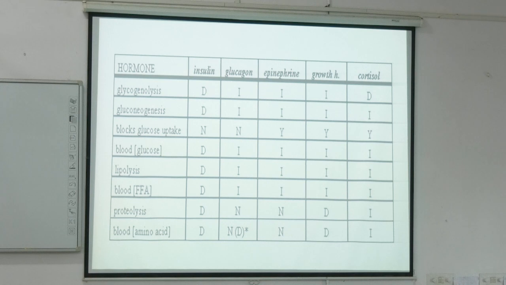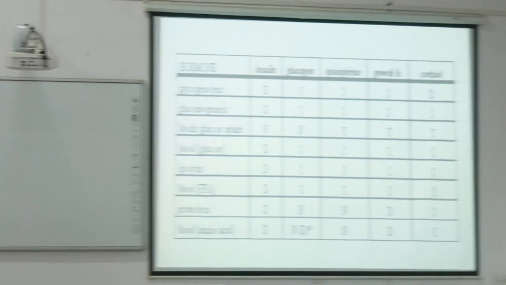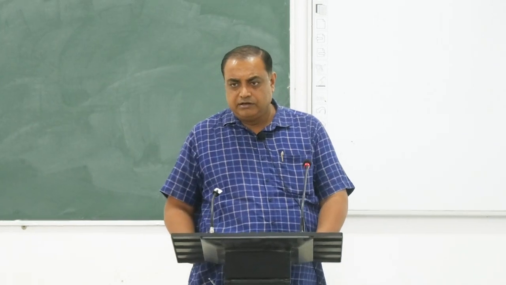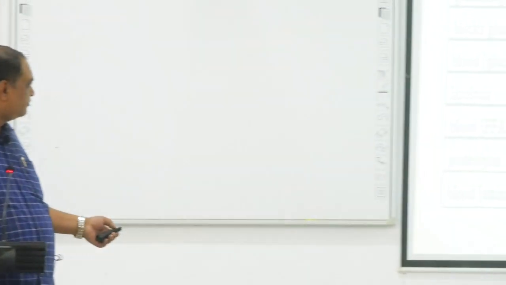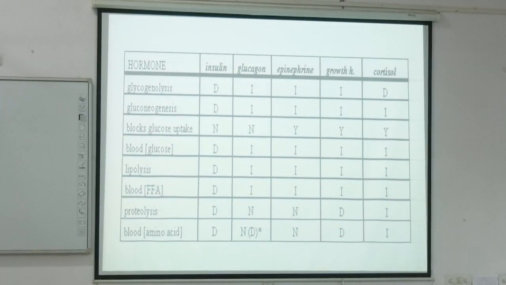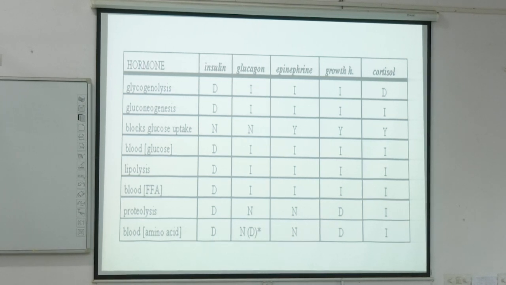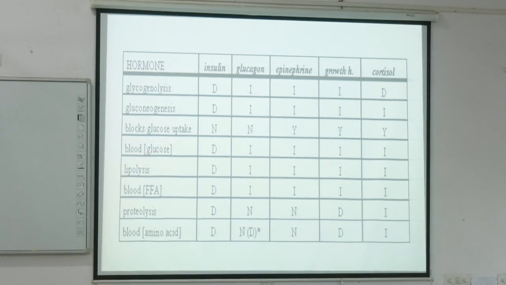Proteolysis decreases. Insulin is an anabolic hormone, so proteolysis will always be inhibited by insulin. Rest all will have either no effect or decrease or increase. See growth hormone. Only insulin and glucagon you will find just opposite to each other. Why is this like that? Because insulin mostly has no effect on any other tissue except muscle and adipose tissue. So glucose uptake means usually it is from the small intestine or some extrahepatic tissue, like proteolysis.